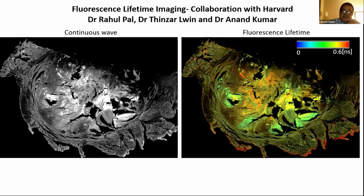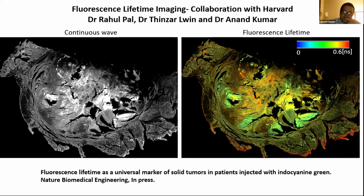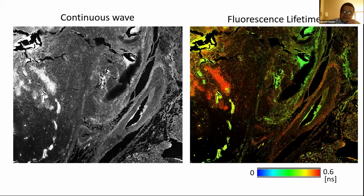And having presented some of this, obviously, collaborating with Helmi, Dr. Lwin got in contact to say that that's some interesting pathology you managed to get out of your specimens. Then, of course, we ended up collaborating with the fluorescence lifetime imaging. We're able to actually, using the same specimens, and this is where you can go quite a long way with the pathology, start to interrogate the tissue in more detail and start to ask questions about how you could image it better, and then hopefully in the operating room at a later date get more effective imaging